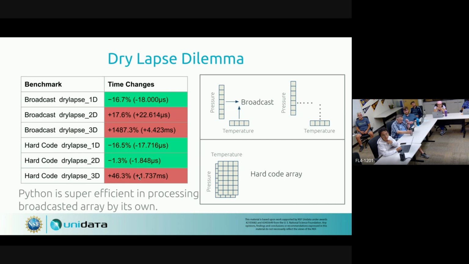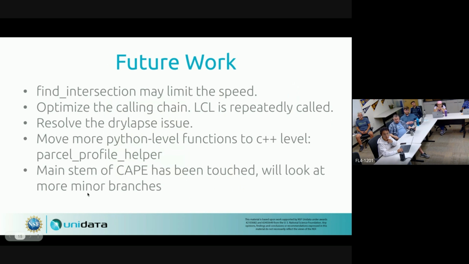So at this stage, we might still allow users to use the Python version dry-labs function, while the C++ version can remain in its C++ internal calling. So that's basically all about the MatPy project, and there are still a lot of things to do